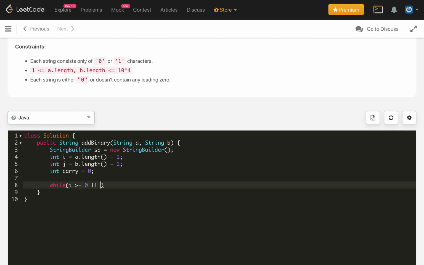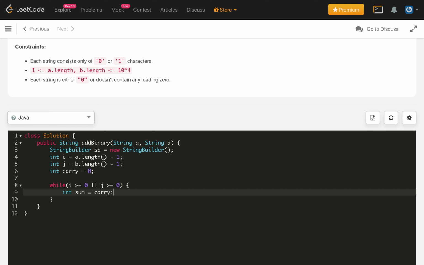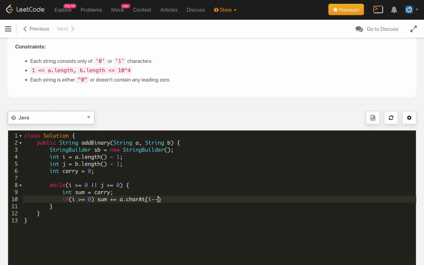Now we loop while i is greater than or equal to 0 or j is greater than or equal to 0. Inside, we create another variable, sum, initialized with the carry. If i is greater than or equal to 0, we add the ith digit to our sum: a.charAt(i), then decrement i, minus the character 0, converting that character into the number 0 or 1.